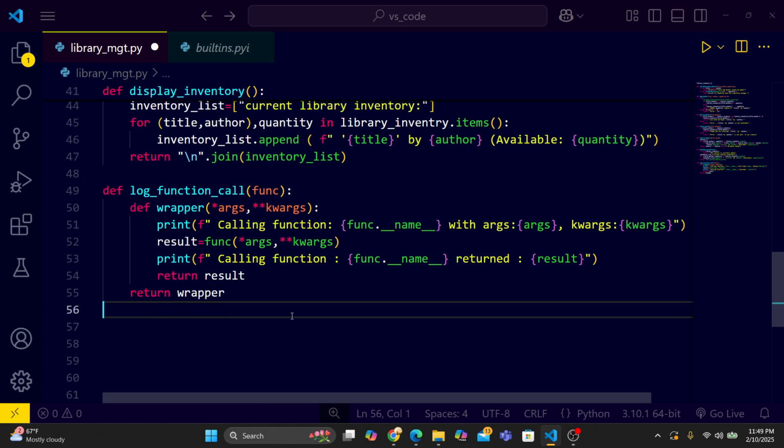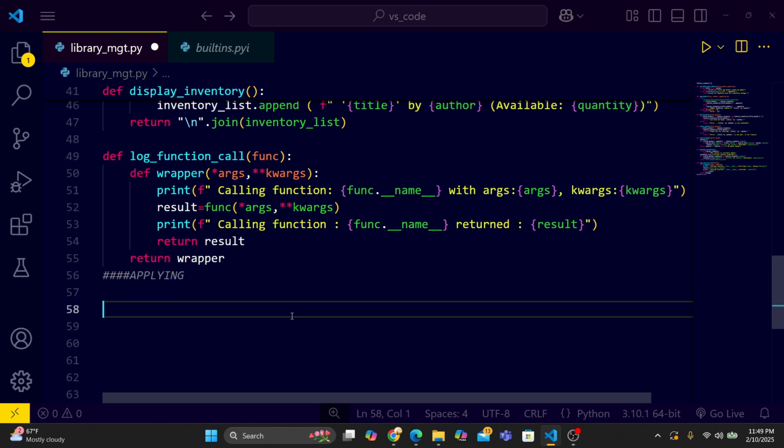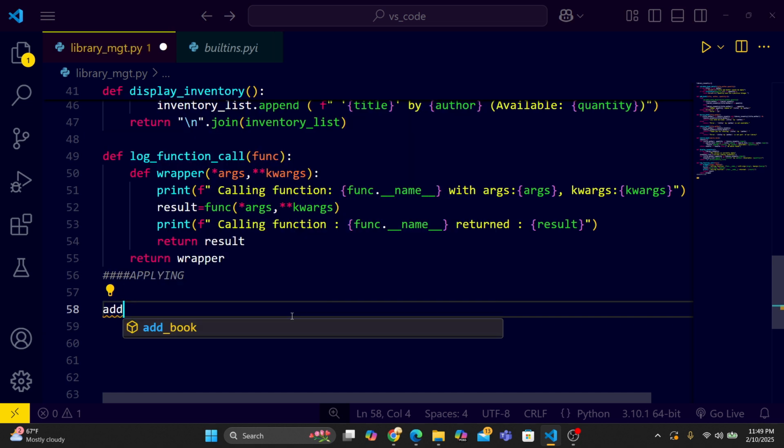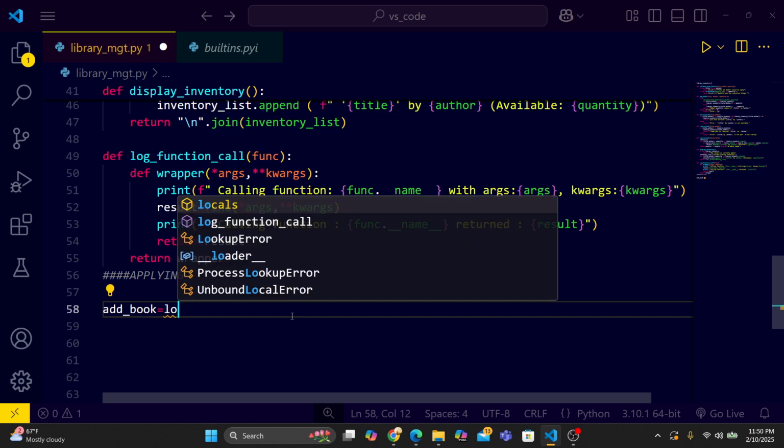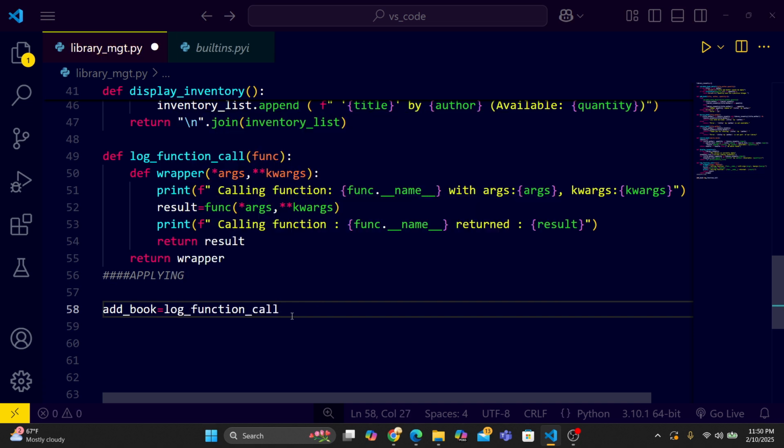Now I decorate the log function calls I have created. The next thing is applying the decorator to the function. Add book, add_book equals log function call, just log function call, and